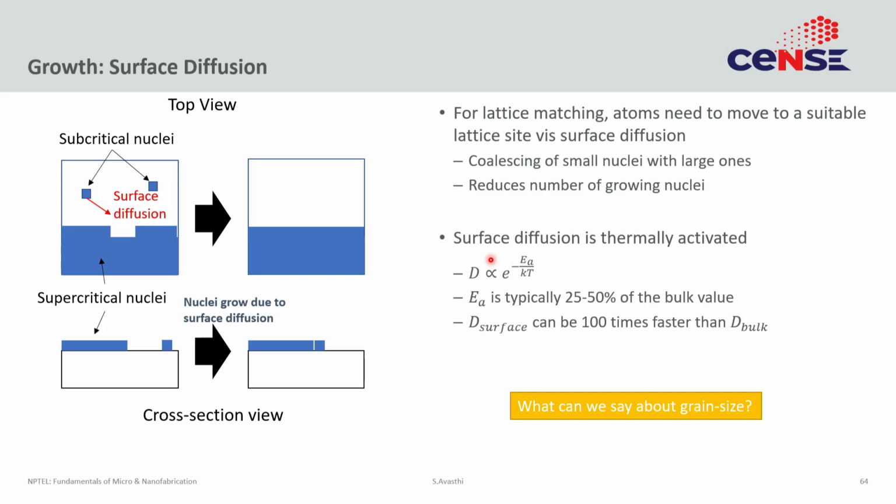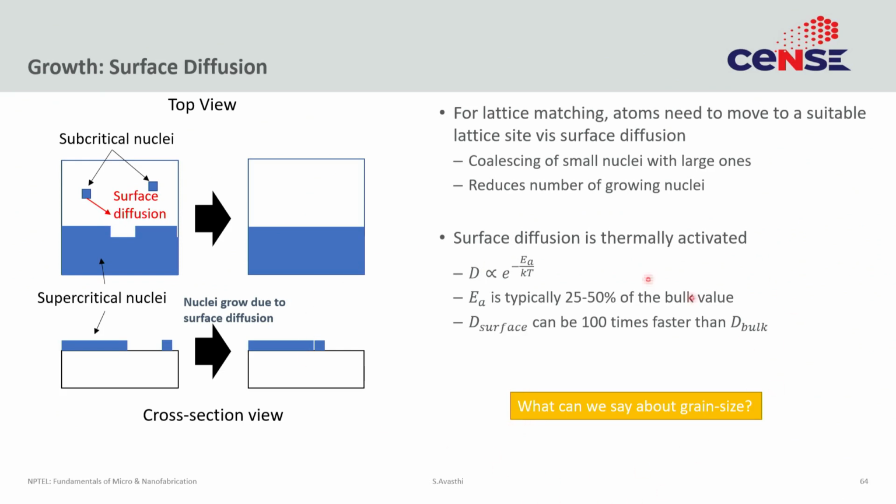This is important because bulk diffusion tends to be a relatively slow process and only happens at high temperatures. Because surface diffusion can happen at lower temperature, you can theoretically have high quality epitaxial growth at lower temperature. Otherwise, you will have to wait such a long time for your grain to grow that for all practical purposes it is useless.